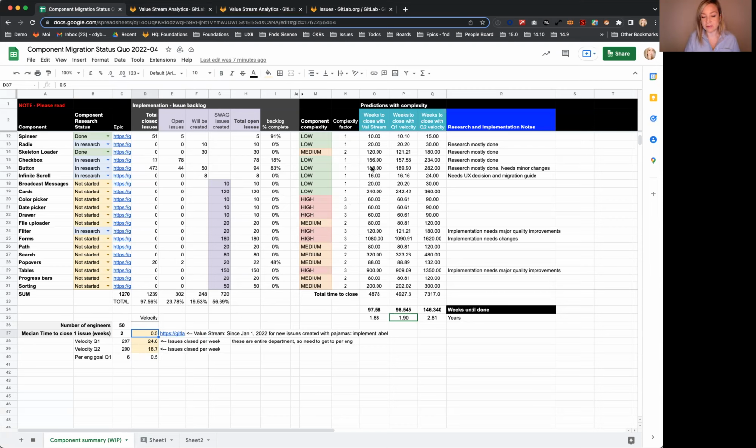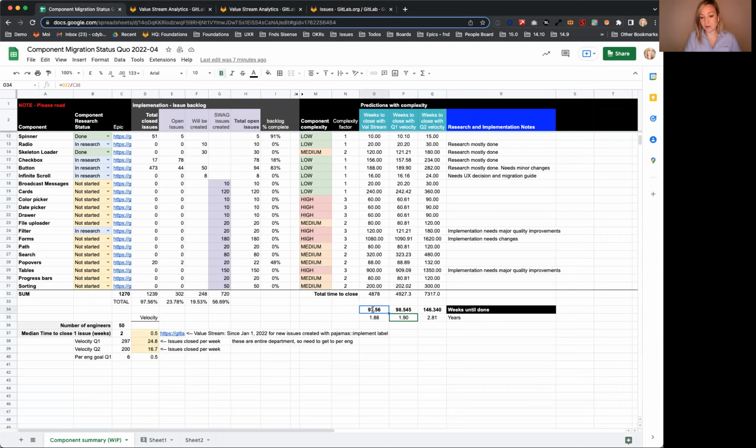And for this one, this is with 1 engineer. So I'm able to then multiply by the complexity factor and that value stream number and get the total number. So 5 issues times the 0.5 velocity, which is 1 engineer per week closing half an issue, times N11, which is the 1 factor of complexity. So move that down, it gets us to 4878